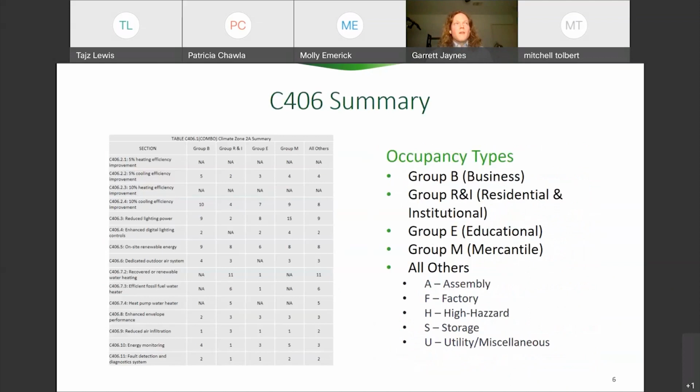So C406, previously this was just a few options, such as additional lighting efficiency, additional HVAC efficiency. Now we have a number of tables based on the IBC occupancy type of your building, like business, residential, institutional, educational, mercantile, all those different occupancy types. Based on your building occupancy type, you can select from a number of additional efficiency options that I've shown here. So for instance, if you have group B, you can do 5% cooling efficiency for 5